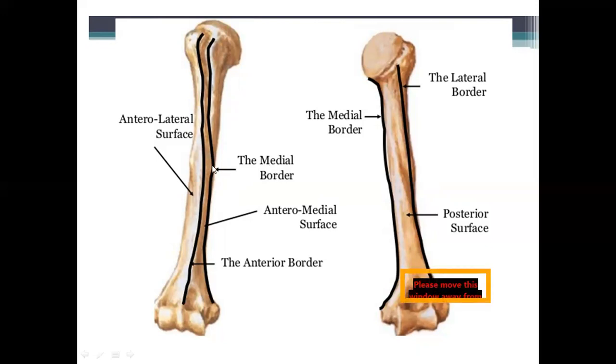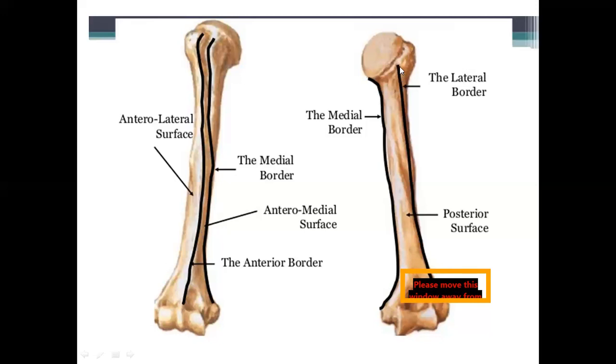Just adjacent to the medial border, in front, we also have the anterior border. The anterior border is in continuation with the lateral lip of the bicipital groove. This is the greater tubercle. Medial border of the greater tubercle, then the lateral lip of the bicipital groove, the sharp border you can feel if you have the bone with you. This is the anterior border, which almost ends between the capitulum and trochlea. So we have the medial border and the anterior border. Now when you see from the posterior aspect, the lateral border becomes very clear.